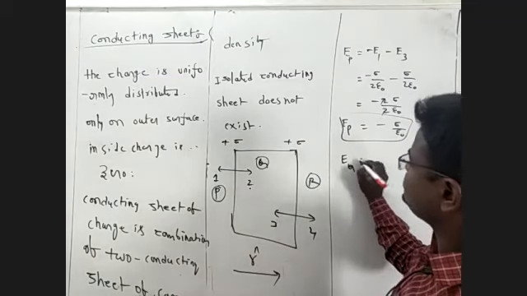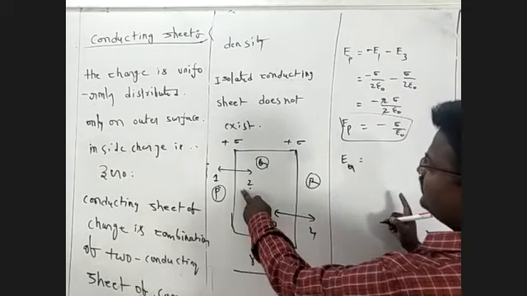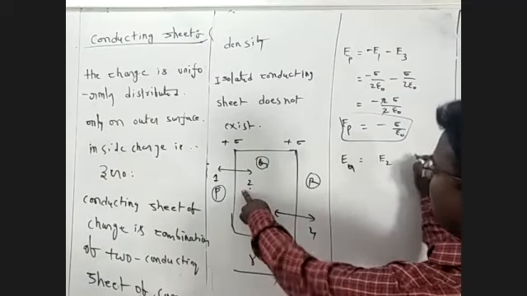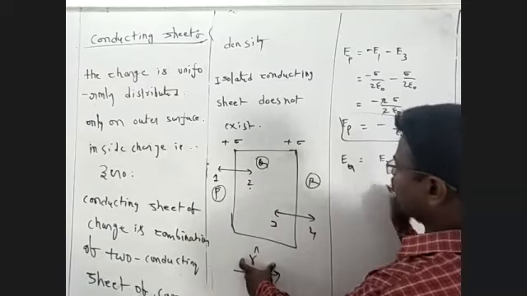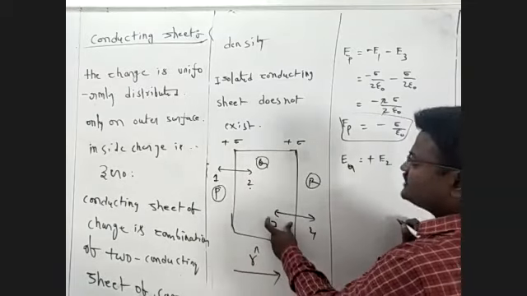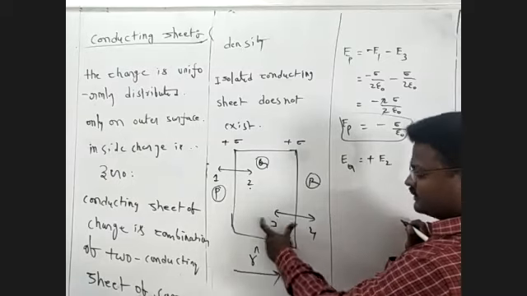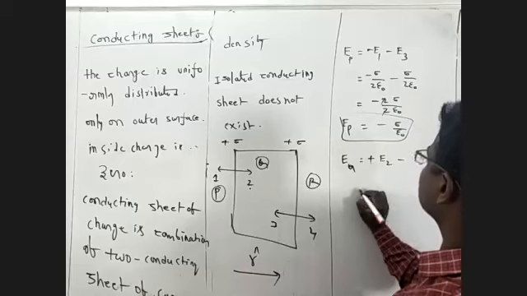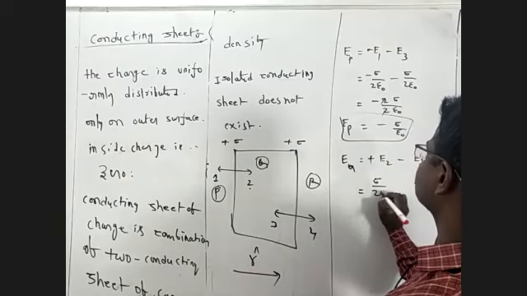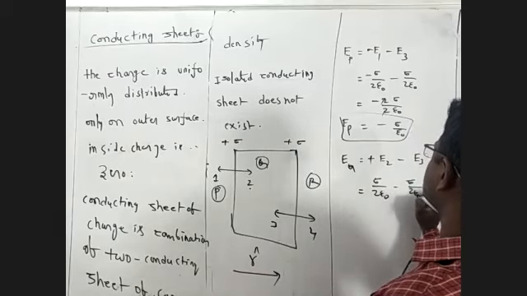Next, the region. This is Q, this is E1, this is E2, and this is E3. The direction of E2 and the direction of r cap are both in the same direction. The direction of E bar and the direction of r cap are both in opposite directions. We are checking this, and this is negative. So E2 means sigma by 2 epsilon naught minus sigma by 2 epsilon naught, and they cancel each other.